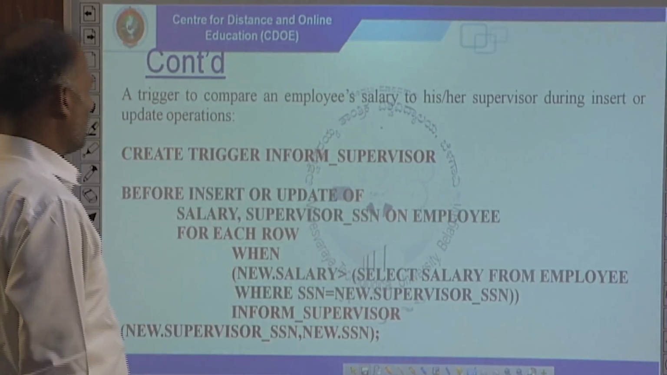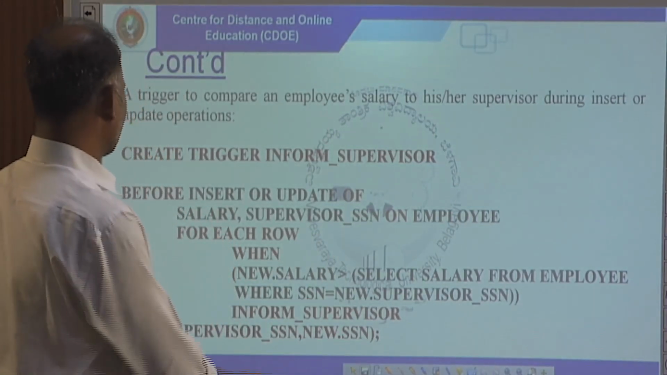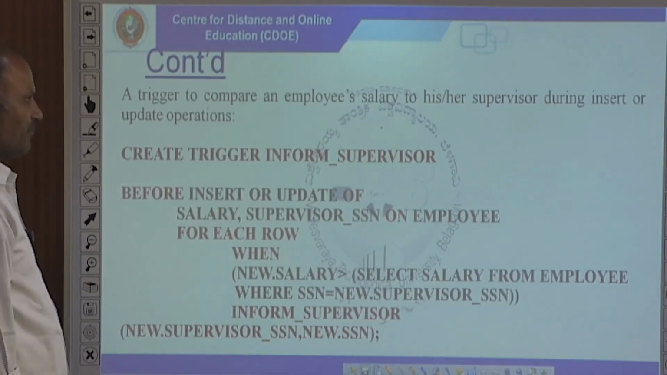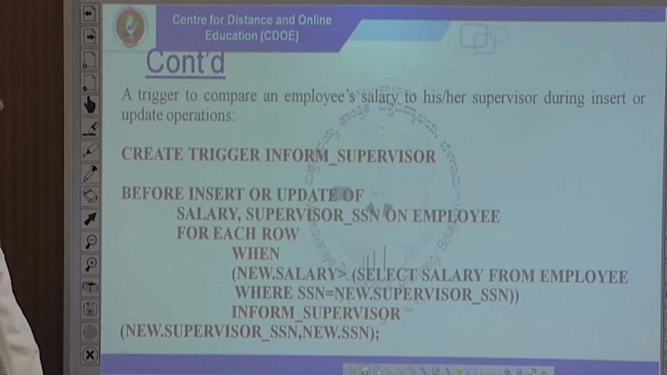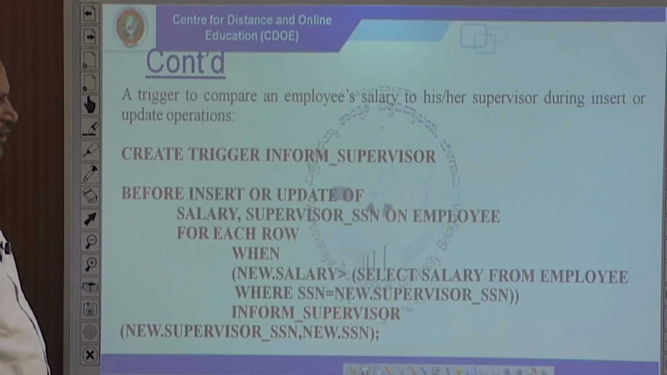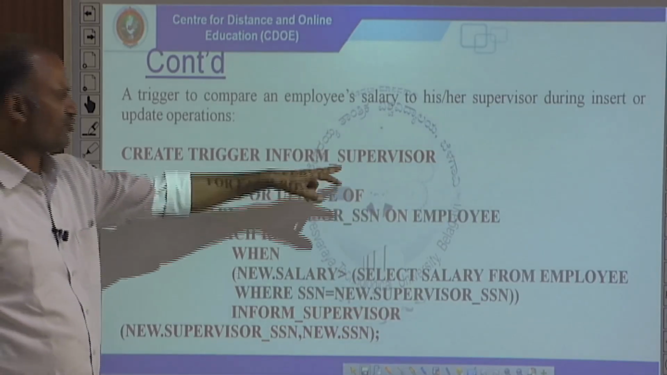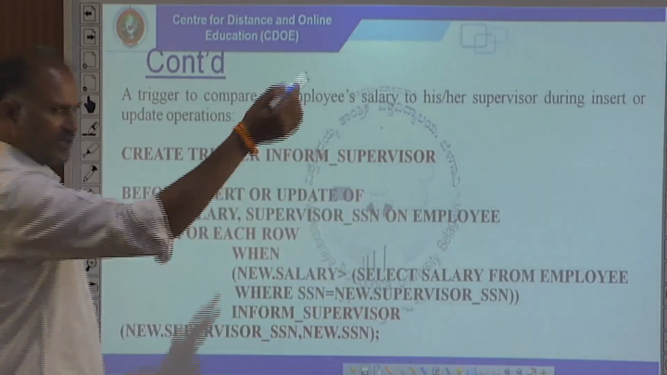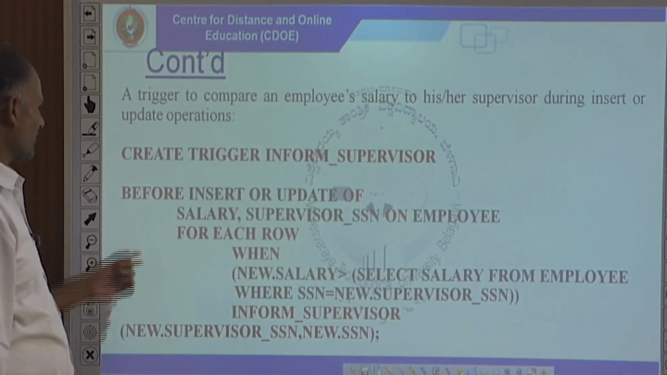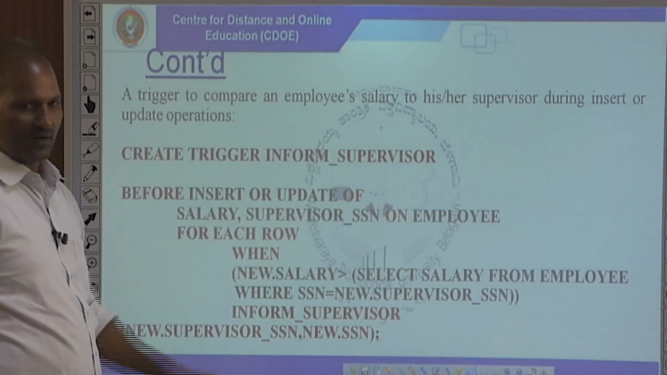Trigger to compare the employee's salary to his or her supervisor's. This is another trigger that performs some operations. It is going to update the supervisor as soon as a new employee's salary is more than that of the employees who are already working. So create trigger inform_supervisor. This is the name of the trigger, to give an alert to the supervisor saying that your salary is greater than the new entered salary. Before insert or update of